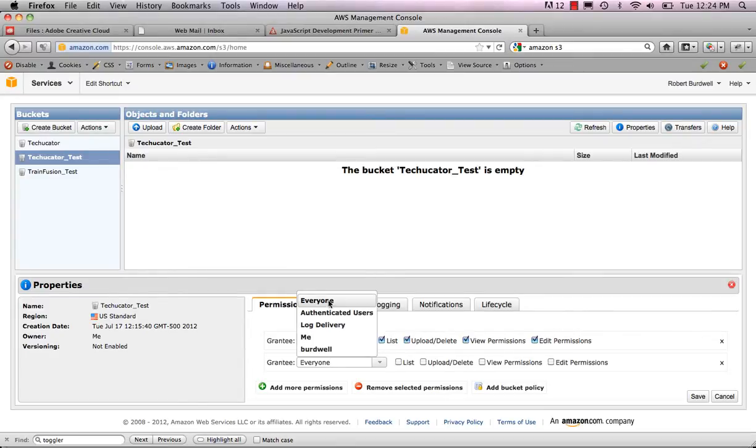If there are certain users that need access to this, then what they would need to do is they would set up their Amazon Web Service account. We'd get their ID, and then we would populate their ID in here to verify that they would have access to these files and folders. And once you give everyone access to it, you just simply click on save, and then it will record those features. Actually, let me go to everyone